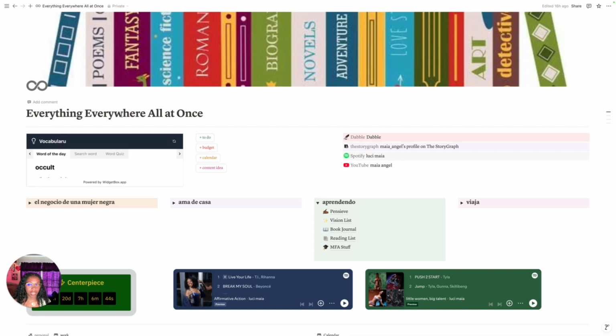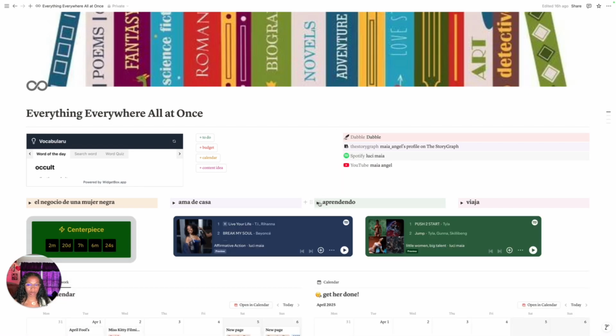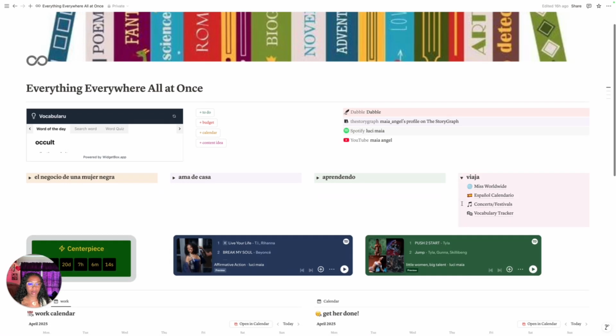Think of your Notion dashboard as your overarching room, and then each page is a room, a space. One of them is your closet, one of them is your bookshelf. The book journal page is my bookshelf. The recipe book page is like the recipe book on my shelf, if that makes sense. Sometimes I just have pictures in here, you know what I mean? Like the music playing is my speaker. Last but not least is travel, which I think was my favorite page in here.